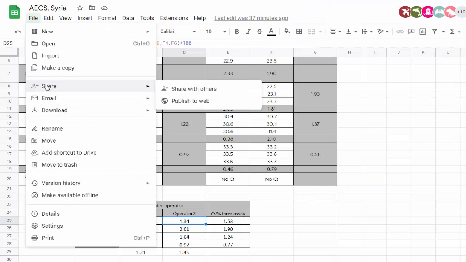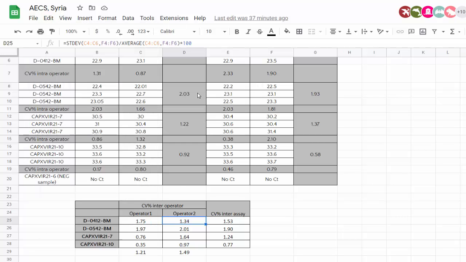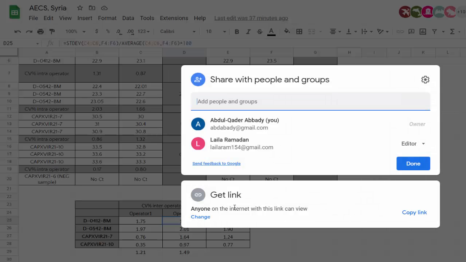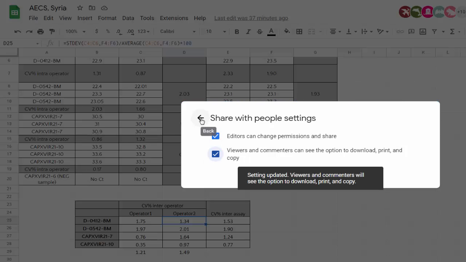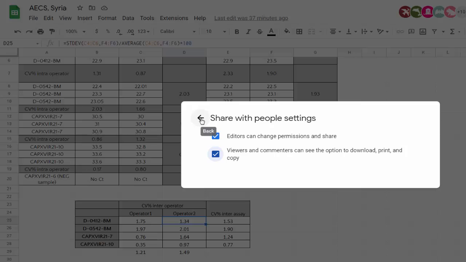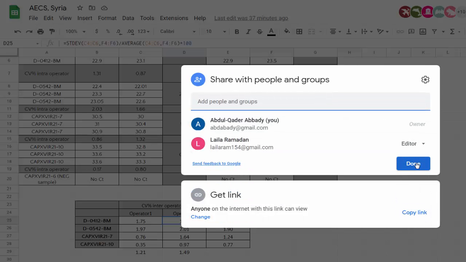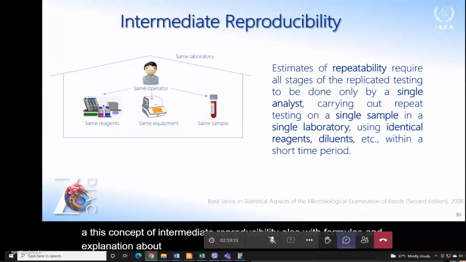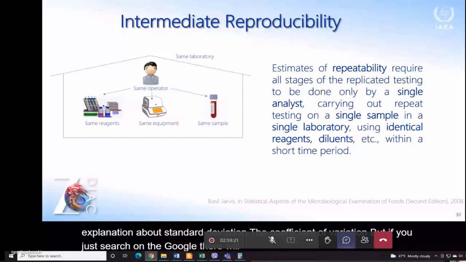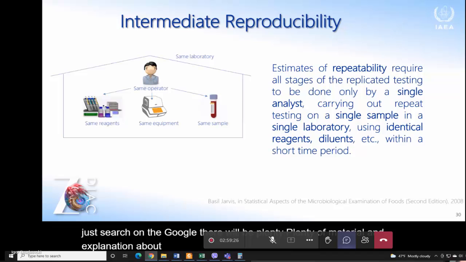Yes, here I think I have included the reference, the link to this literature. It's Jarvis, Statistical Aspects of the Microbiological Examination of Foods. There is this concept of intermediate reproducibility, also with formulas and explanation about standard deviation and the coefficient of variation. But if you just search on Google, there will be plenty of material and explanation about the meaning and